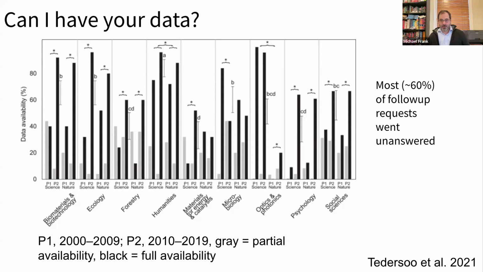So when we write to people, and my lab does this sometimes, but this is a nice paper by Tedersoo et al., we find that many folks do not answer emails about their data. Data sharing in general in the journals Science and Nature has gone up substantially. That's this second period, and it's the black bar. These journals actually mandate data sharing, and so you get about 60% data sharing. But most people don't write back when you ask to share data, and most journals don't mandate data sharing. So overall rates of data sharing are still quite low in psychology, especially.